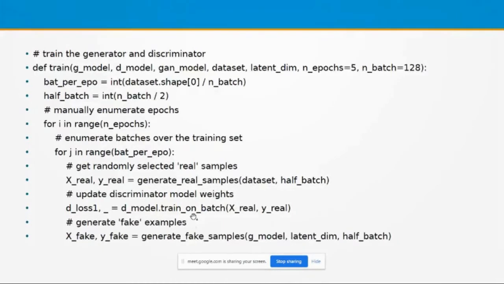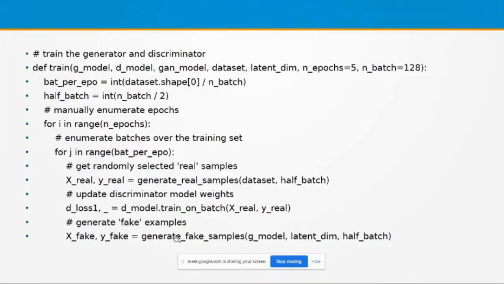The next task is to train the discriminator model with the fake data. And for that, first of all, we have to create the fake samples, generate fake samples. This definition is already incorporated in our model. Generate fake samples with parameters G model, because the generator model is needed for generating the fake samples, latent dimension and half batch.